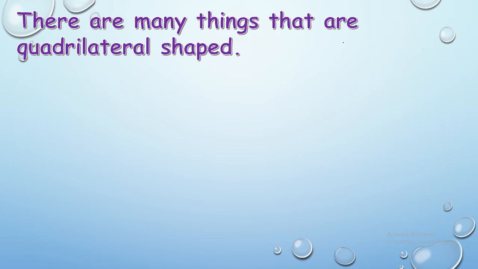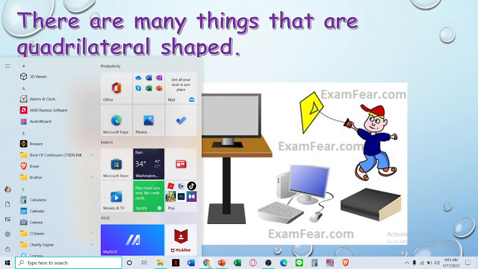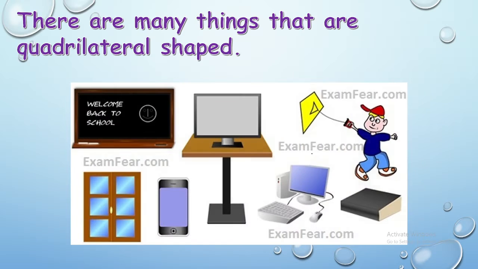Can you say some things that are quadrilateral? Anything that has four sides and four angles. Like for example, a square Lego? Yes. Rubik's cube, yes. The square one, the cube. What else? Tables, paper, book, right? Like this. Lego. For example, the board, TV, table, windows, phone, the monitor of a computer or the keyboard, a